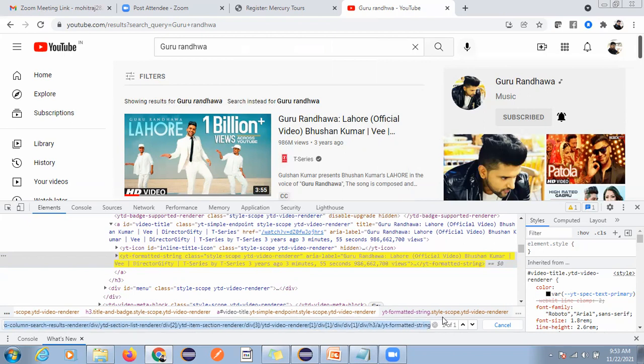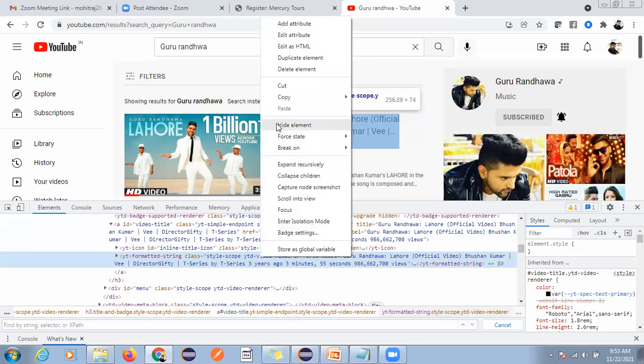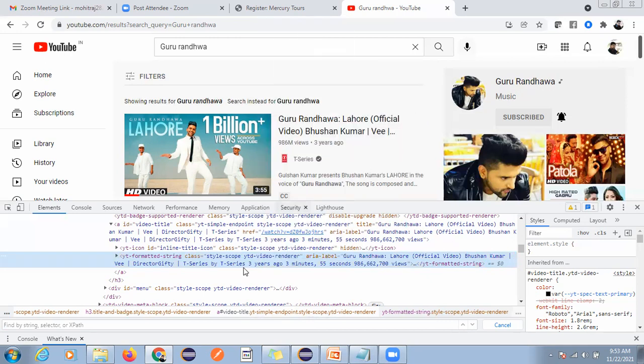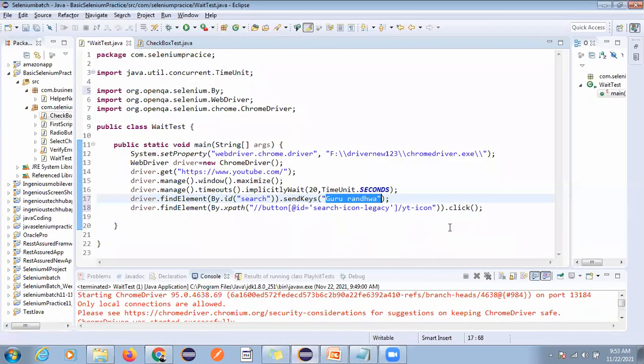We use this XPath in very rare cases, like where all the elements are duplicates. This XPath comes from the complete root of the node. If anything changes in the middle, your XPath will fail. In real time, we do not frequently use this copy XPath, but here you will get some idea about it. So here I'm just using this system generated XPath.